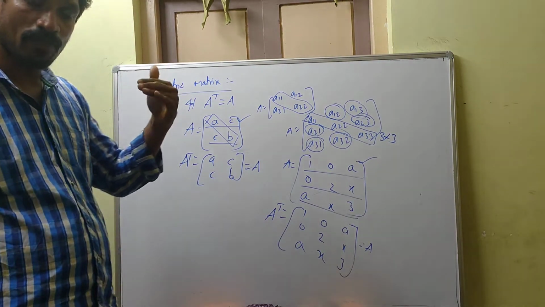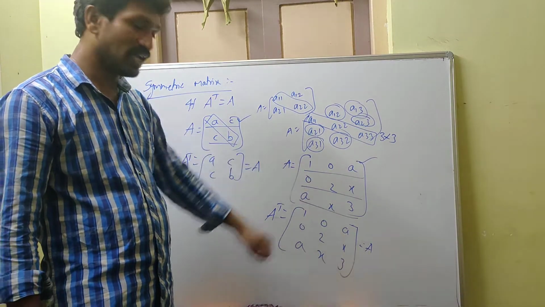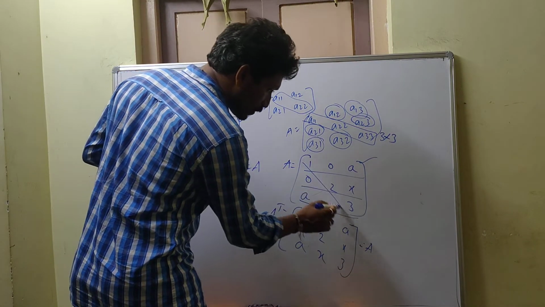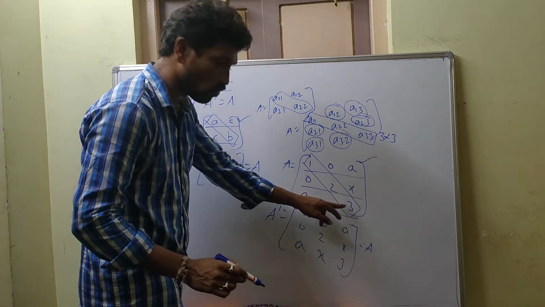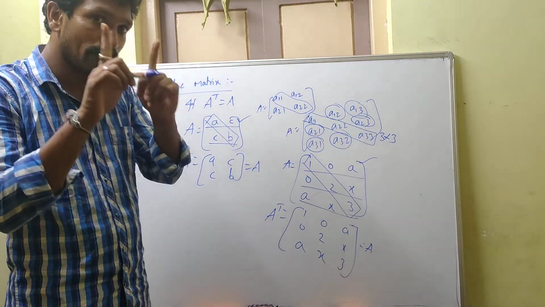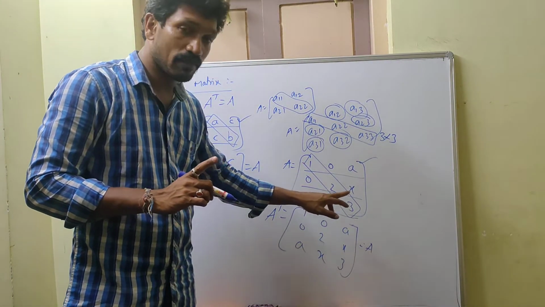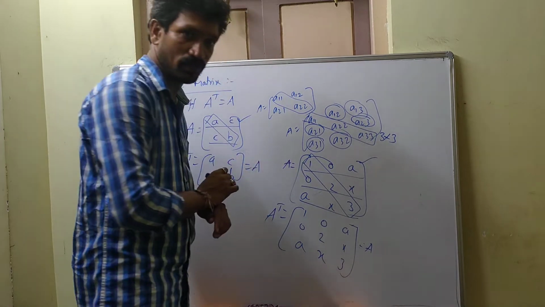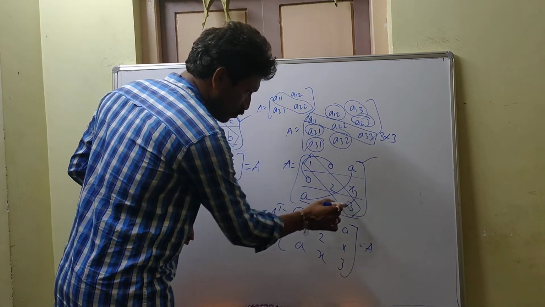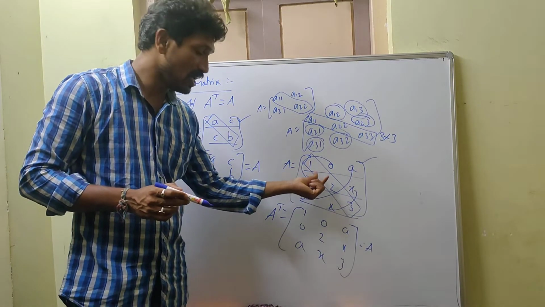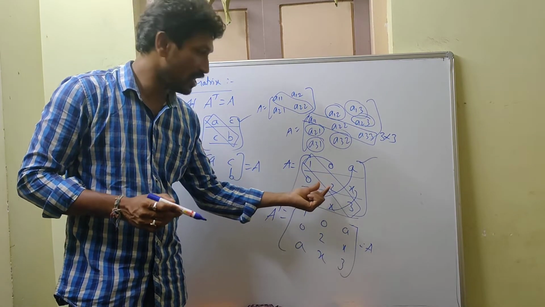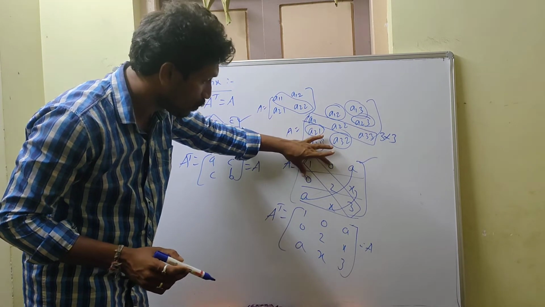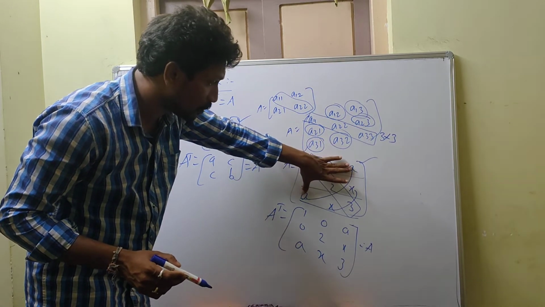If you want to get the maximum number of distinct entries in a symmetric matrix, the principal diagonal elements should not be the same numbers. You should take different numbers, like 1, 2, 3. And these pairs of positions should be the same. Except for the principal diagonal elements, you have to take entries pairwise, so an even number of entries. Here the numbers you take, the same numbers you can take there also.